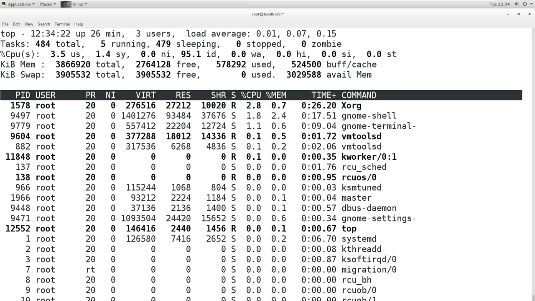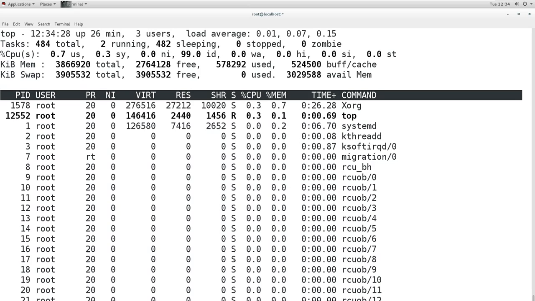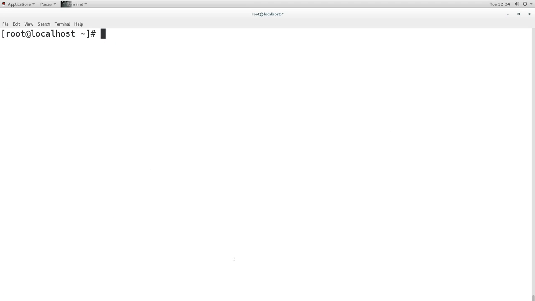When you press escape, you go back to top, and if you want to exit from the top command, you press Q and you're back at the terminal. So this top command shows in real time the status of your processes and how much memory and RAM they are using.